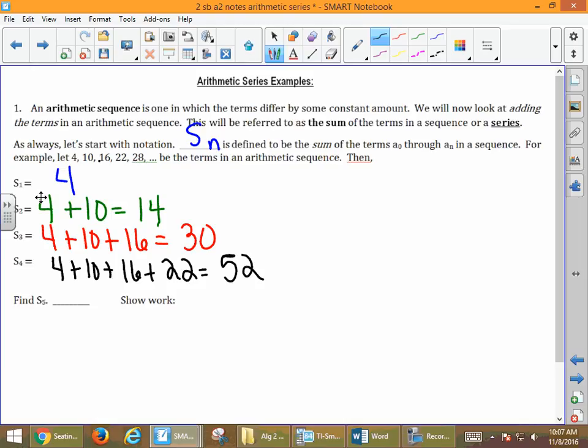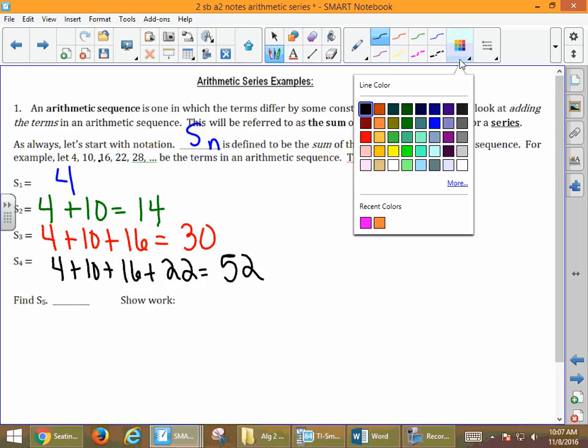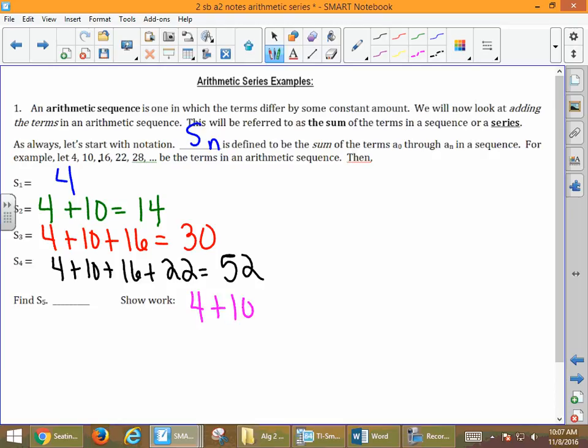So if we sum together all 5 of the terms that are listed there on our paper, what we're going to do is 4 plus 10 plus 16 plus 22 plus 28. And when we do that, what we end up with is 80, which you could type in your calculator adding those together. The thing is, after about 5,